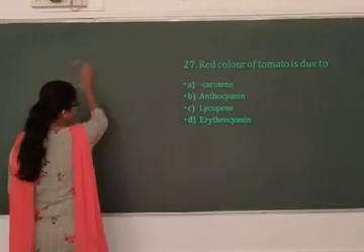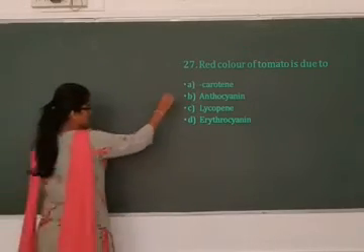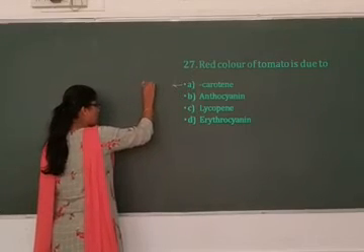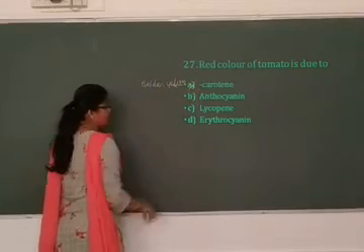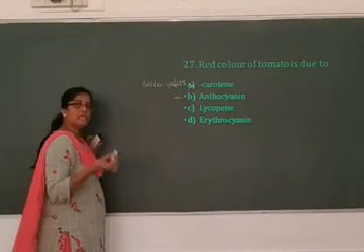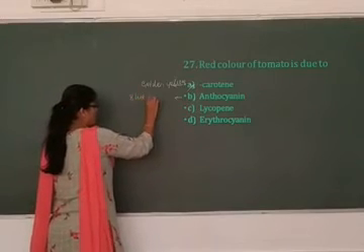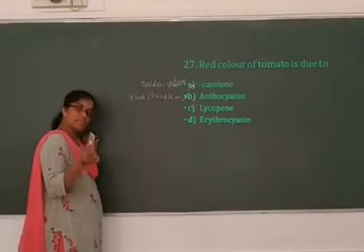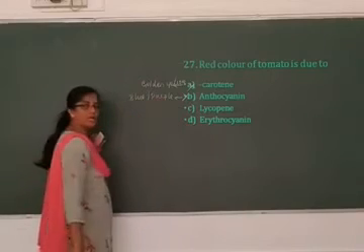Red color in the tomato is due to. Now, carotene is an orange or golden yellow pigment. So this is not the right answer. Carotene is wrong. Anthocyanin is again a water soluble pigment that may be blue or purple in color. So anthocyanin is also a wrong answer. Anthocyanin again gives color to the fruits, but here because it gives purple or blue color, wrong answer.